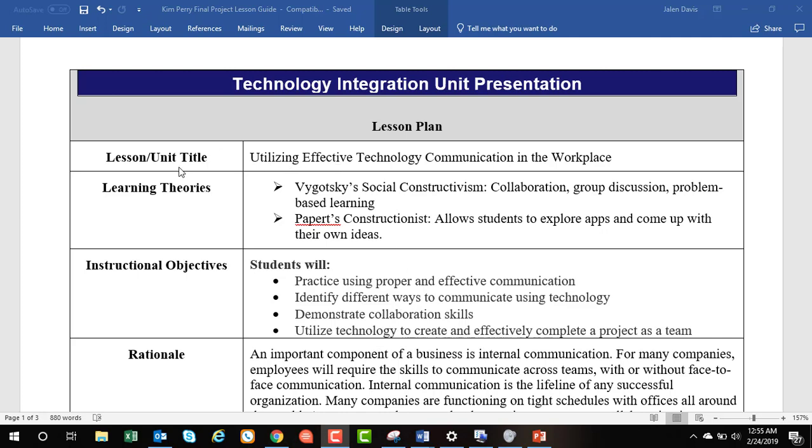The unit is called Utilizing Effective Technology Communication in the Workplace. I kind of focused on two main learning theories. The first is Vygotsky's social constructivism. So within the project, we'll do a lot of collaboration, group discussion, and problem-based learning. It's really a social thing because we are trying to promote internal communication because it's absolutely necessary for what we